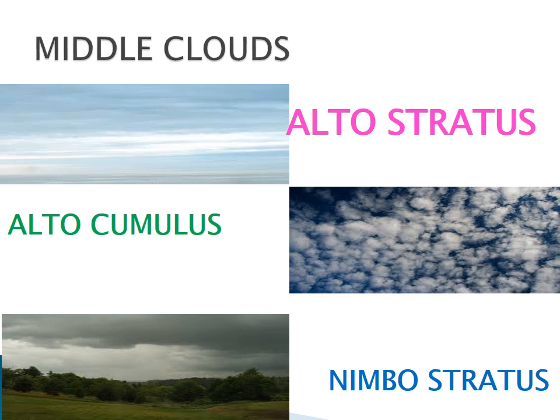This is the picture of nimbostratus. These are clouds of dark color very close to the ground surface, associated with rain, snow or sleet. Okay, you see the dark color very close to the ground. Yes, and ground பக்கத்துல இருக்கு. Rain, snow or sleet. Rain will come. When nimbostratus clouds come, we can get the rain.